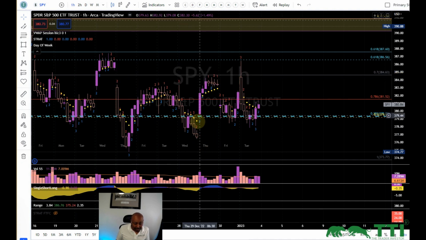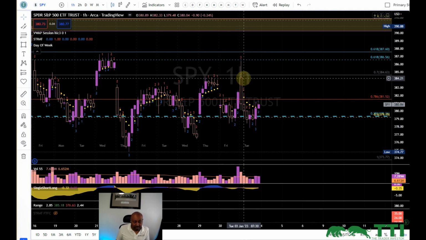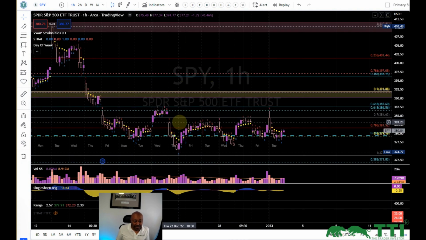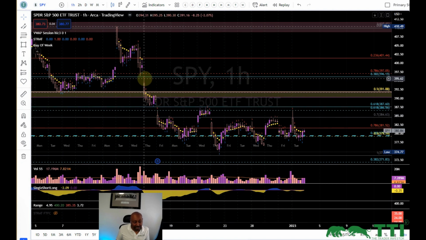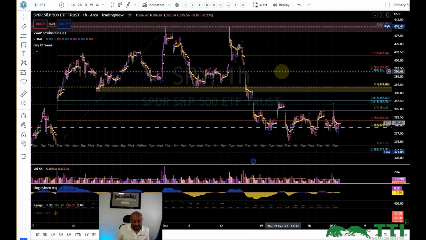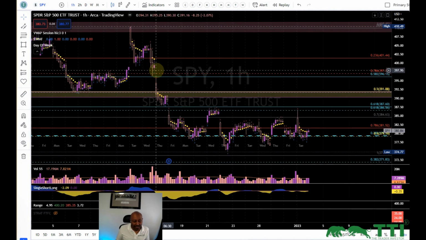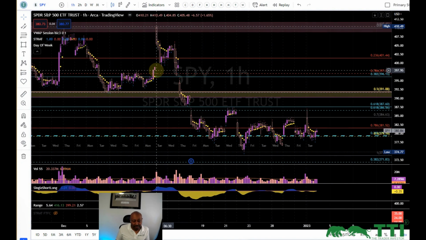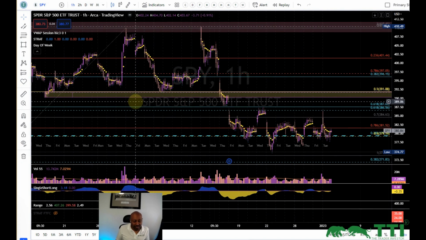This gap down here, it was closed. This gap here, it was closed. Right? And we're seeing a lot of gaps lately. We see a lot of gaps. This gap here, not yet closed. Right? This gap here, not yet closed. I should draw this gap, but what I am concerned with is